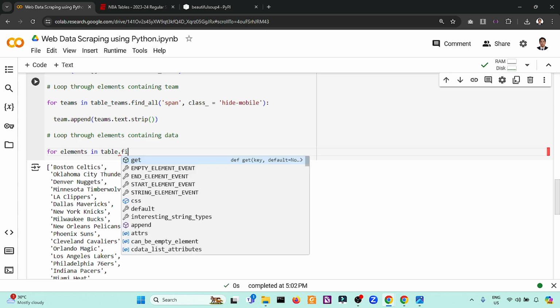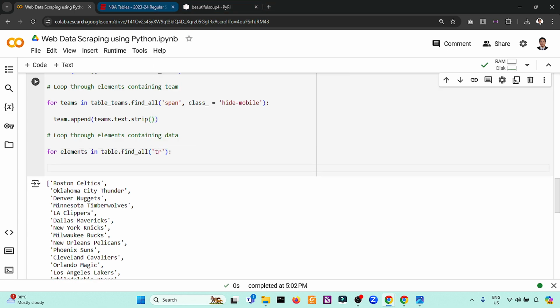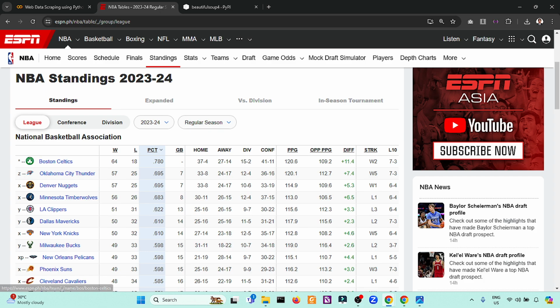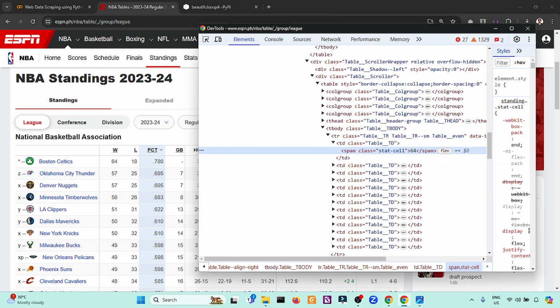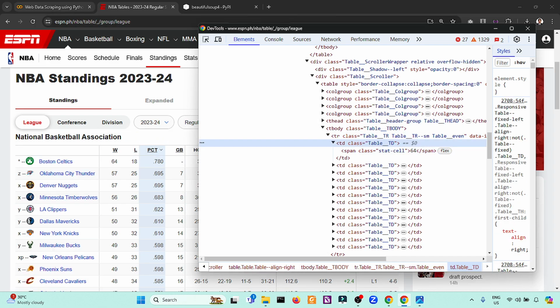So that table, then we find all instances of TR. So if we inspect this once again, so we have specific TR and we have specific span. So TR, TD.